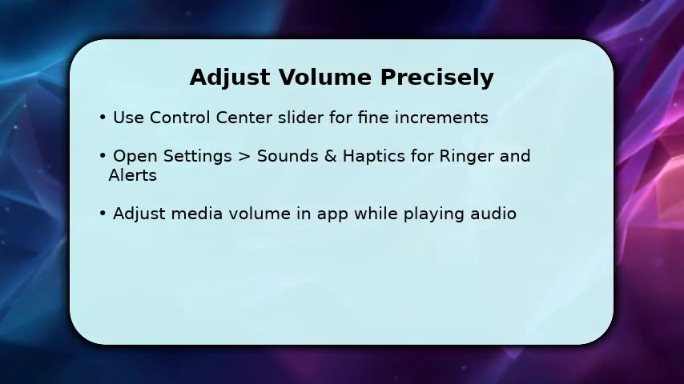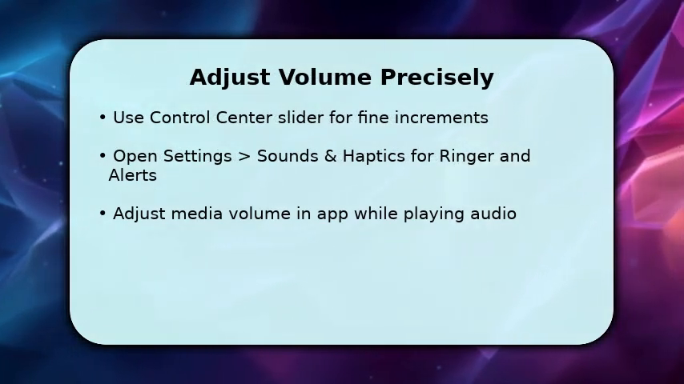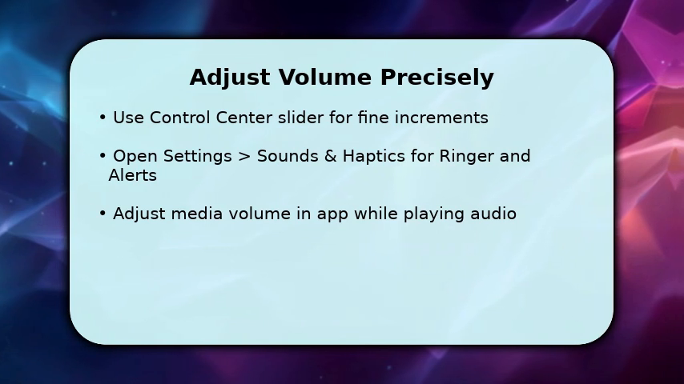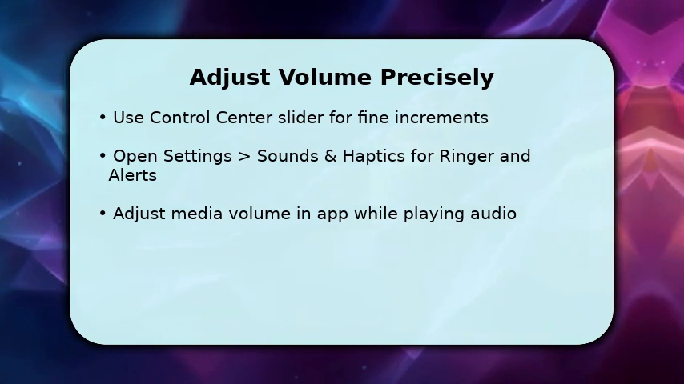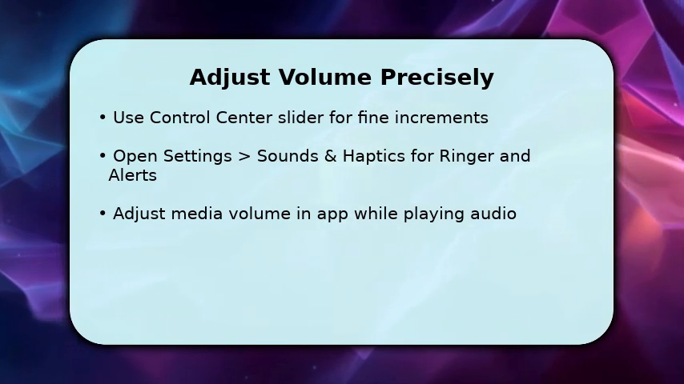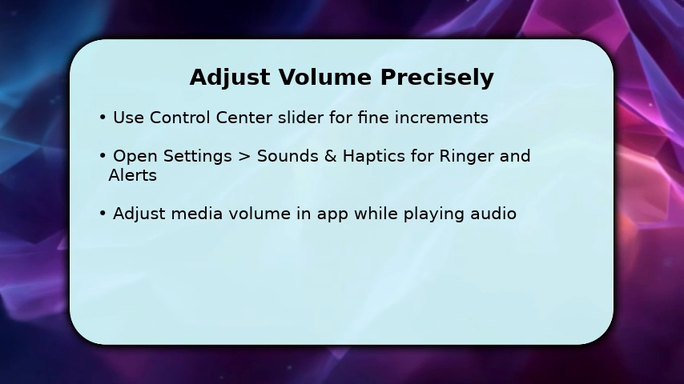Next, refine volume using the Control Center slider. Drag slowly for precise levels rather than tapping buttons repeatedly. You can also open settings, sounds and haptics to separately set ringer and alerts volume, which ensures notifications aren't too